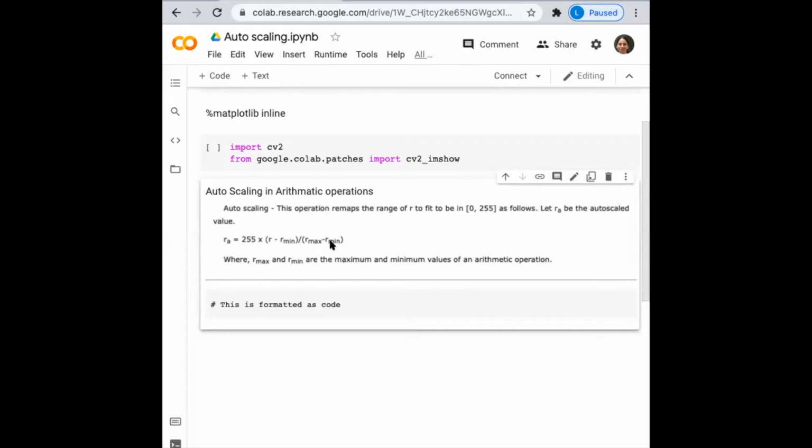Let's say I have a matrix which is ranging from 0 to 255, so one 8-bit image. I multiply that with 10. So multiplying with 10 will lead to my values ranging not from 0 to 255, instead it will become 0 to 2550. And because for 8-bit, our highest cap is 255, whatever is 255 and beyond will become white. So we want to use this auto scaling operation to make sure that our output also stays in the range 0 to 255. So how does it work?